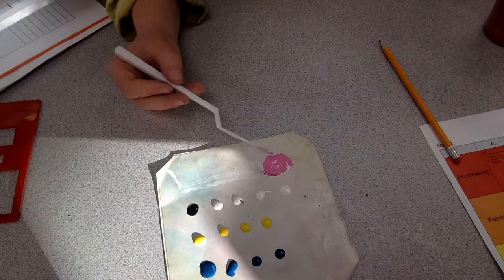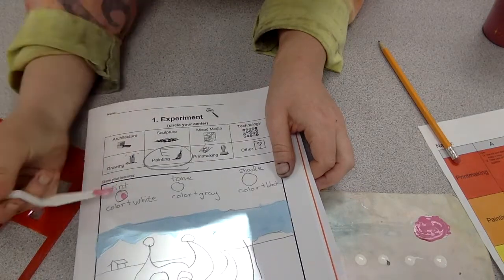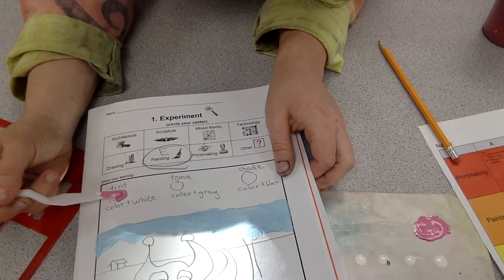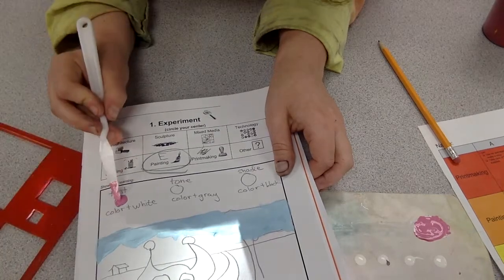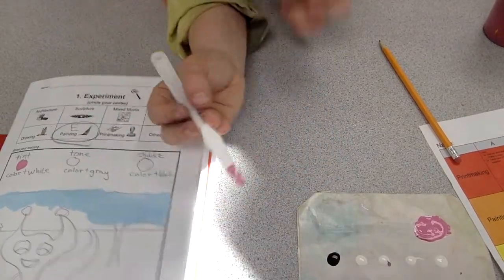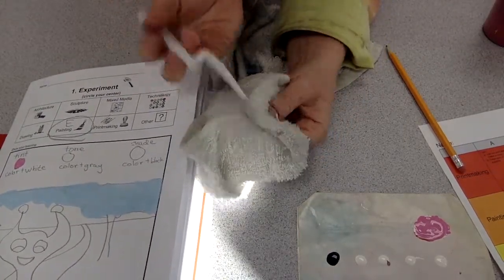But once I have it, I'm gonna take that, I'm gonna go back to my sketchbook. I'm actually gonna use my palette knife and I'm gonna put that down. And this is a fun little opportunity for you to learn how to paint with something that's not a brush. It's a little bit different technique and it leaves a little bit different mark. So go ahead and give that a try. Once I've done that, I need to clean my palette knife. Painters always have a paper towel or a wet rag they can wipe off, and now I'm ready to go